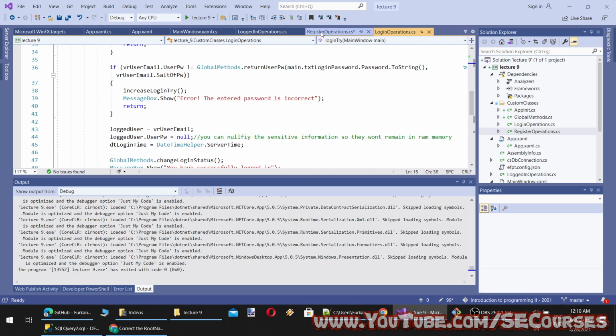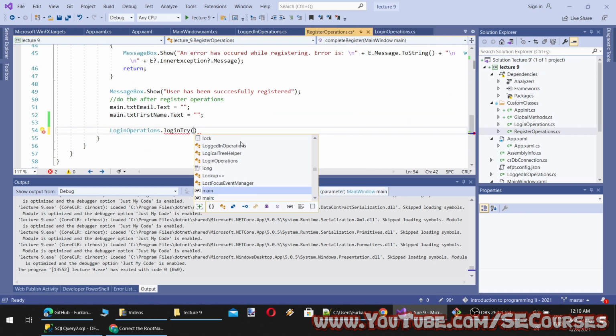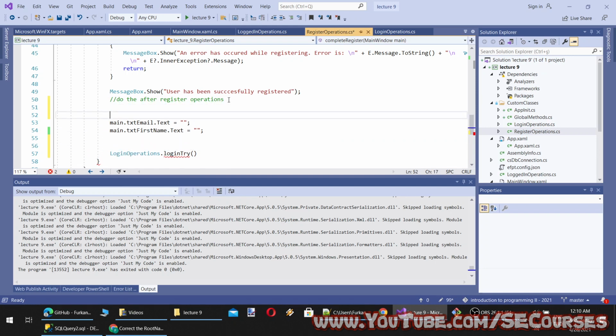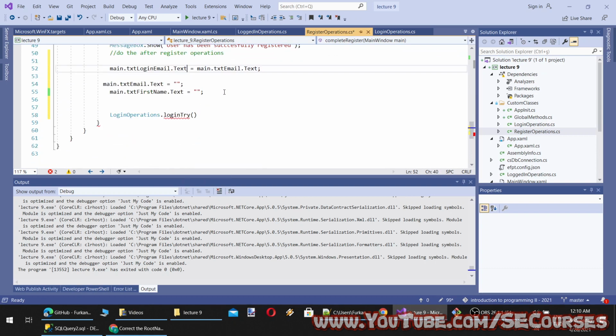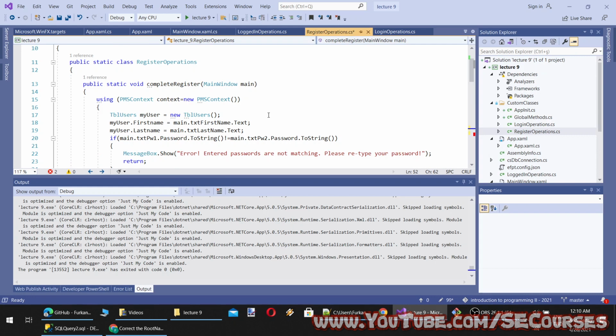Okay, so before I do that, I need to set main window values as main.txt login email equal to, okay, before I reset them, main.txt email text, and then I need to set password as well.